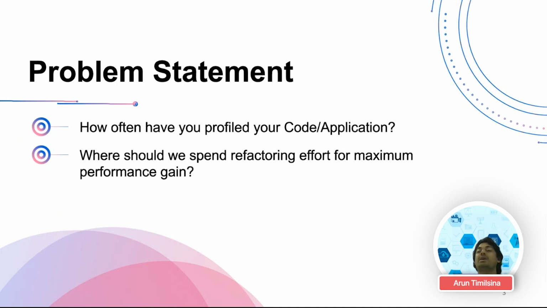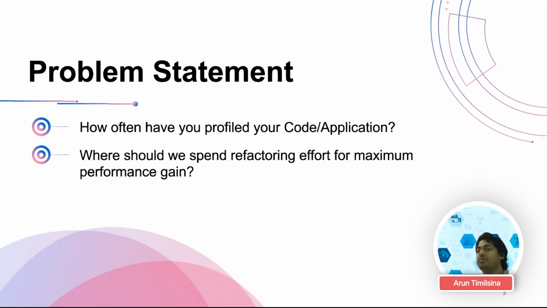We could have profiled our application in those environments before pushing it to production. So these performance related issues would have been identified beforehand. But since we did not perform code profiling,